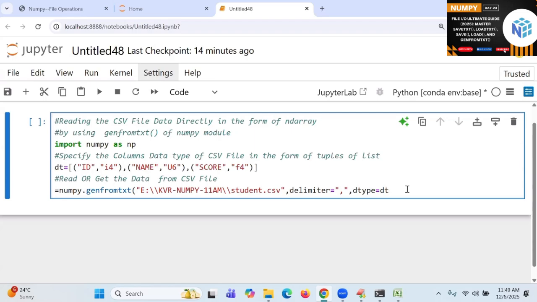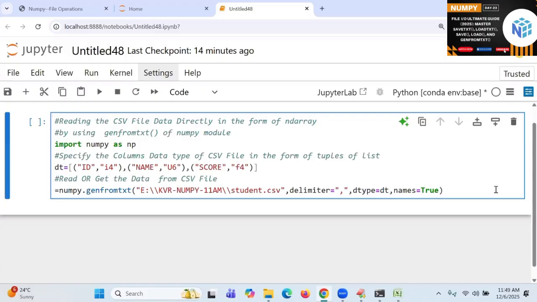Later I will write one more attribute: names is equal to true. You don't worry. I'll explain after 2 minutes. Names is equal to true, I wrote. Please ignore it for now.